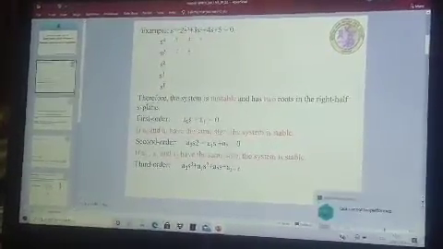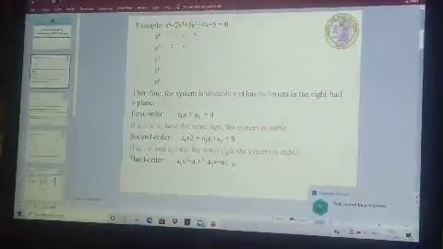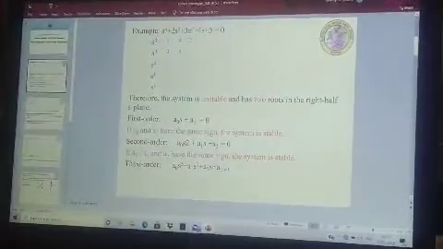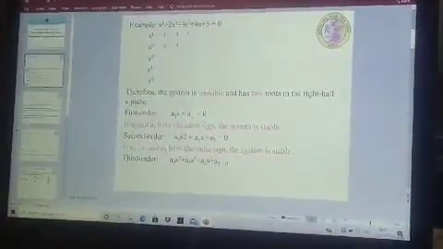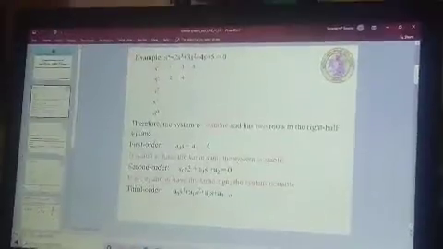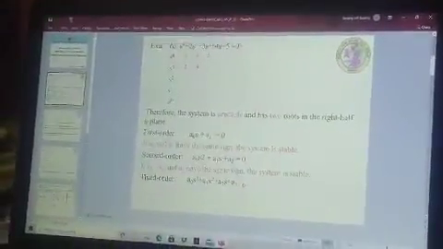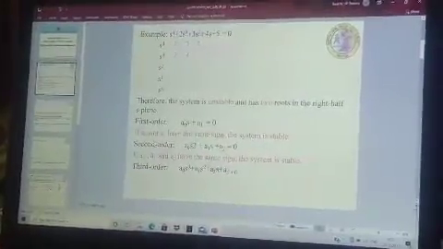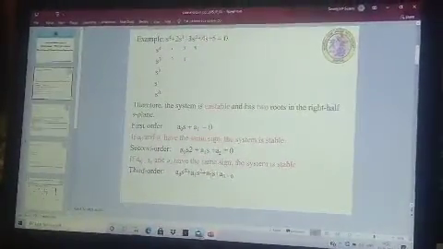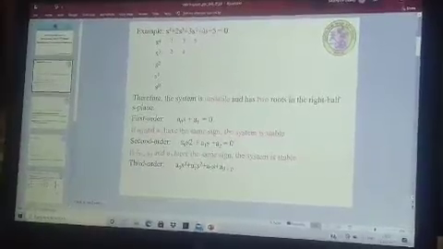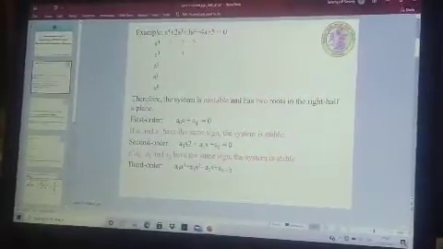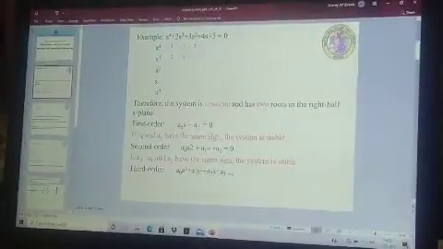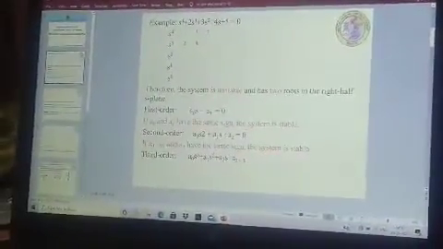Routh arrays. So as usual we are going to calculate the Routh array tabulation. S4, S cube, S square, S1, S0 you are writing, and 1, 3, 5 and 2, 4 are the coefficients from the characteristic equation we are going to fill up, and so on. We have calculated the remaining coefficients in this Routh tabulation. After that, the system is unstable because there are two roots in the right half of the S plane.